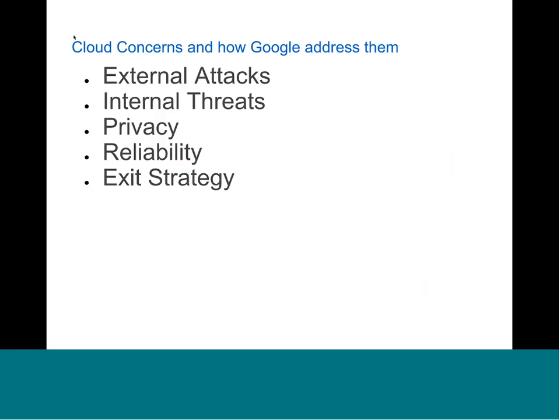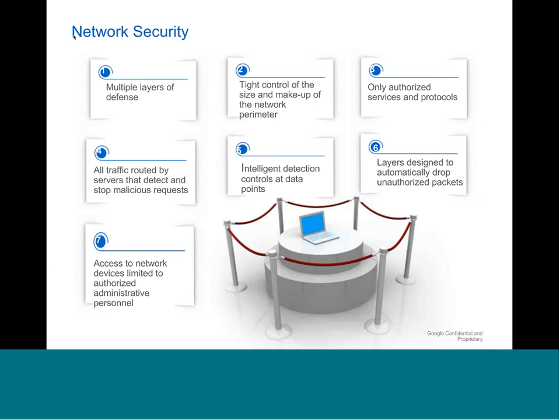Now let's talk about some of the concerns that typically come up and how Google addresses them. We'll look at external attacks, internal threats, privacy, reliability, and what you need as an exit strategy as you're considering us as well as other cloud providers. From an external attack perspective, we deploy a multiple layer defense-in-depth strategy when it comes to network security. We have very tight control of the size and makeup of the network perimeter. We only allow authorized services and protocols to transit across that network, and we manage, route, and monitor all that traffic to ensure that it is authorized, as well as to collect